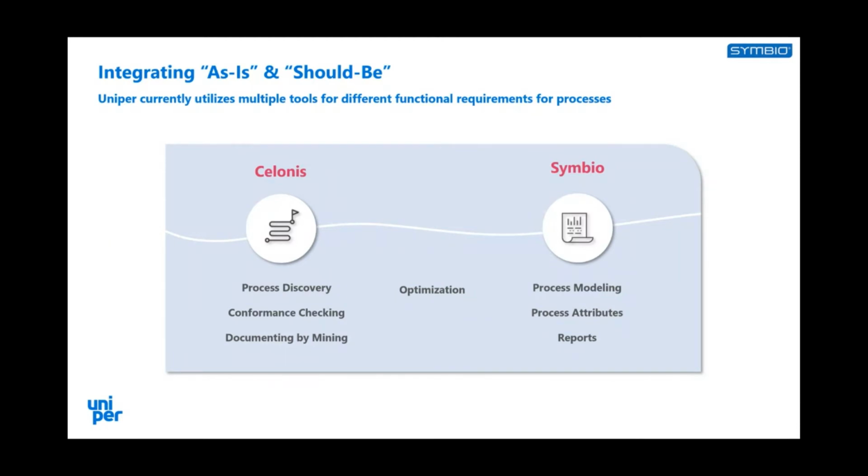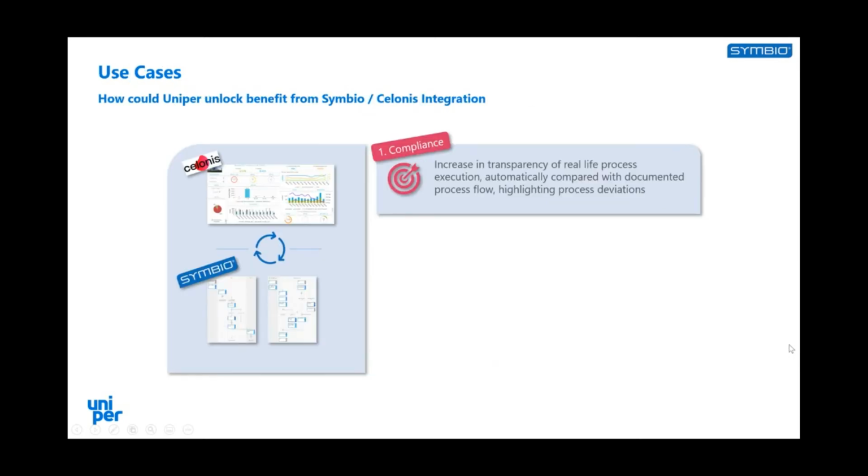And the end goal always is to optimize, and by connecting both systems together, somehow figure out how we can improve and how we can continuously keep improving our processes. And we try to integrate both tools. And maybe if we look at the next slide, then we can see what we are trying to do is we started thinking about how can we combine the power of Celonis and Symbio and come up with some beneficial